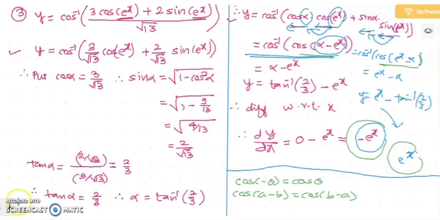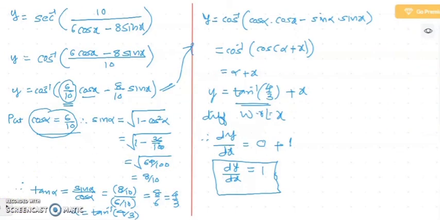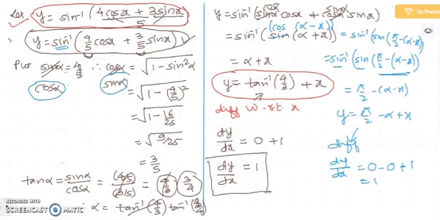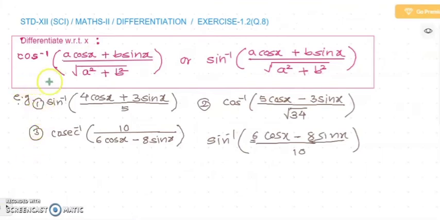So in this manner, today we discussed the questions on differentiation of functions like cos inverse or sin inverse of (a cos x plus b sin x) divided by root of a square plus b square. We take a upon root as sin alpha or cos alpha, and then b upon root becomes the other thing. If you put a upon root as sin alpha, b upon root will become cos alpha. The choice has to be made properly, and that way we answer such questions.